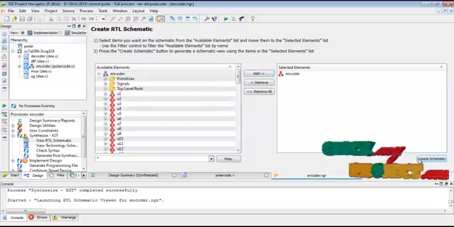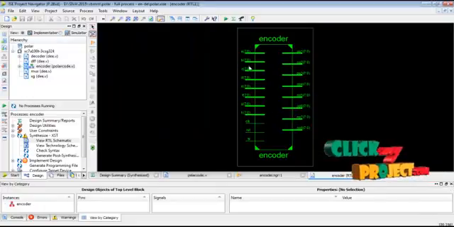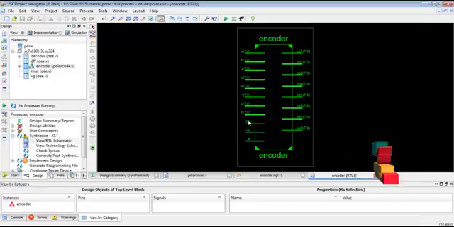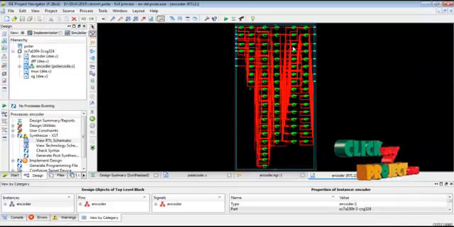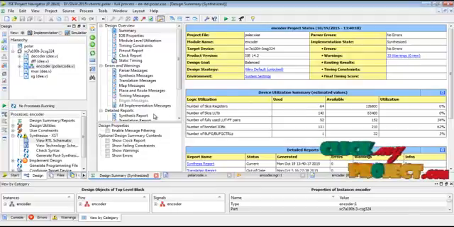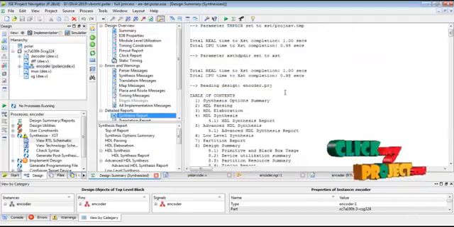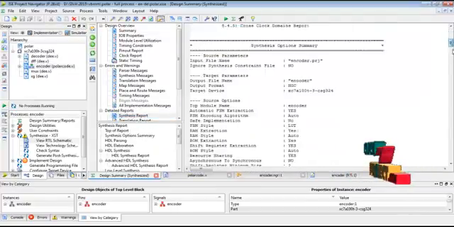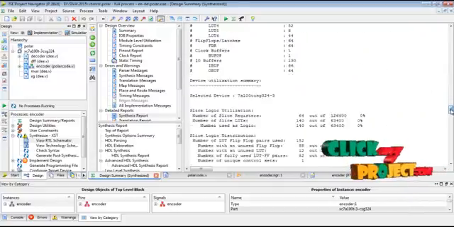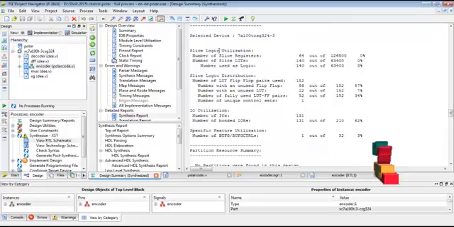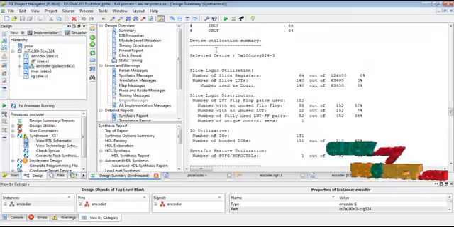This is the encoding architecture. This is the register control element. This is the selection logic. This is the structure for the overall polar code based encoding structure. Then we go to the design summary. This summary presents the reports for the architecture. This is the synthesis report. This is the device utilization summary for our 16-point polar code encoding architecture.